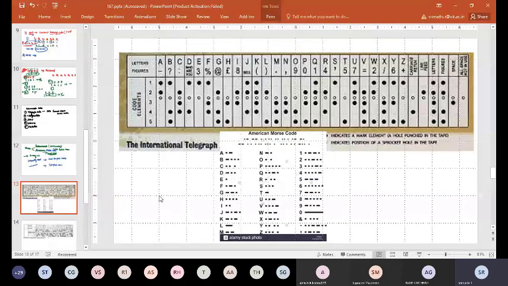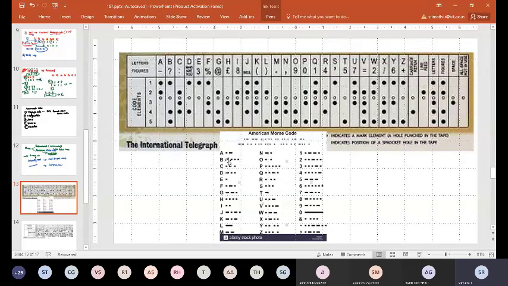See the first case. I hope this image is visible for you. The numbers 1 2 3 4 5 are here. A is coded by 2 dots and 1 dash symbol in one code, whereas in the American Morse code, A has a small dash and a big dash, and you have dots also.